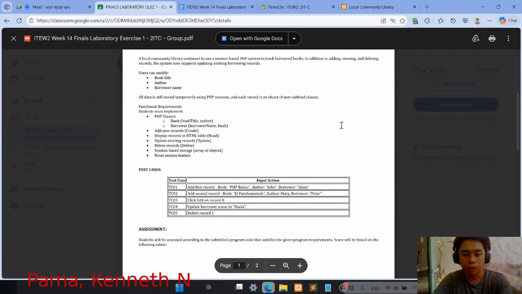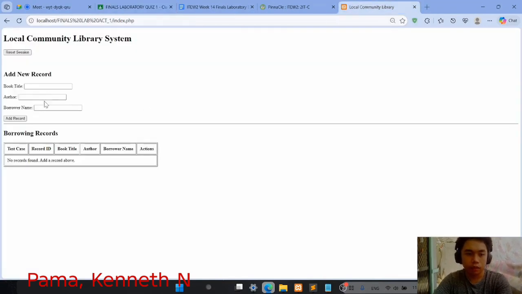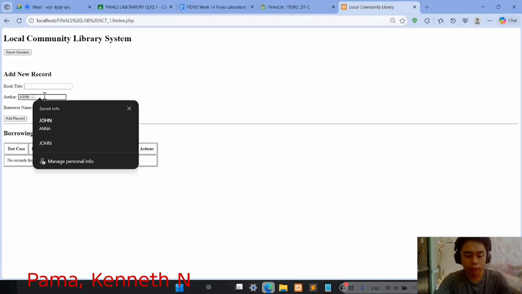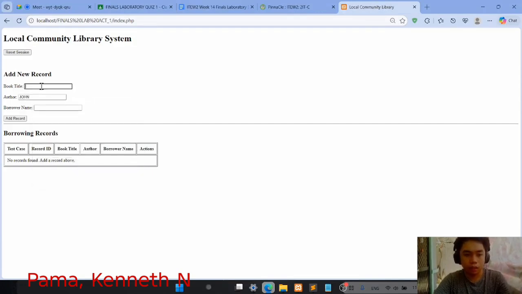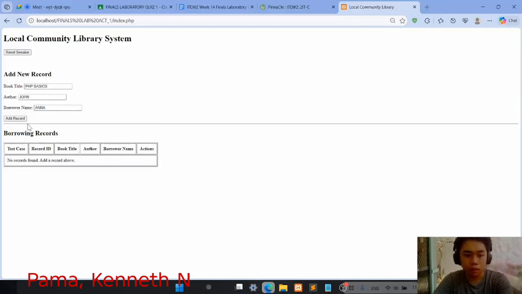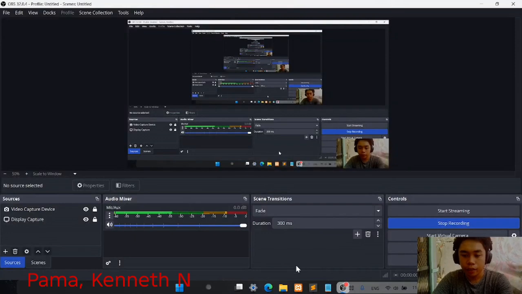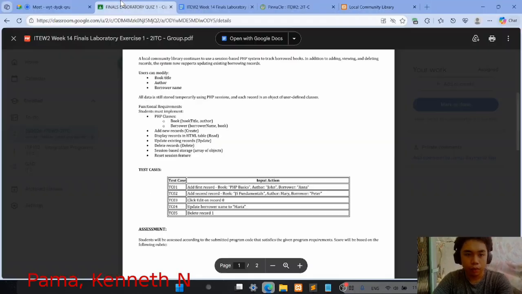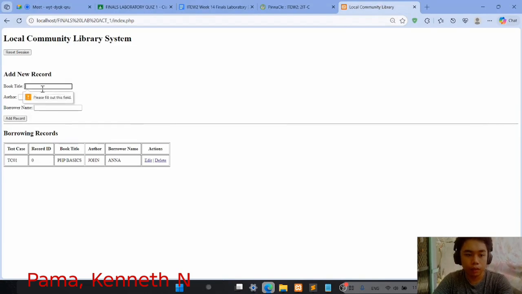I will be demonstrating the test cases. First, let's add data. The book title is PHP Basics. As you can see, we have successfully added data here, and after that, I'll add a second book, which is this one.